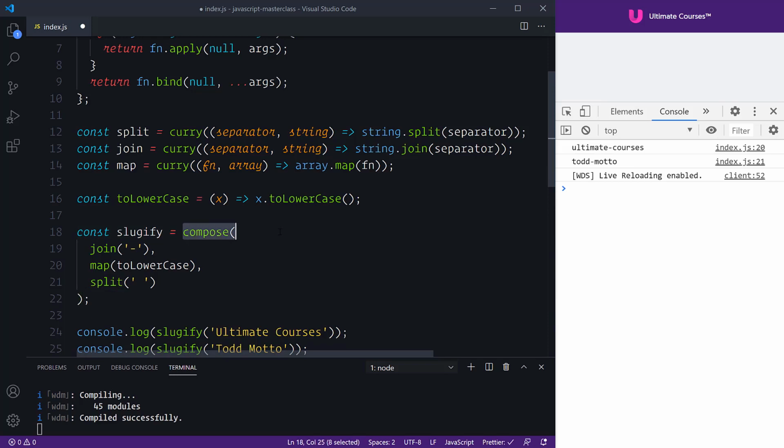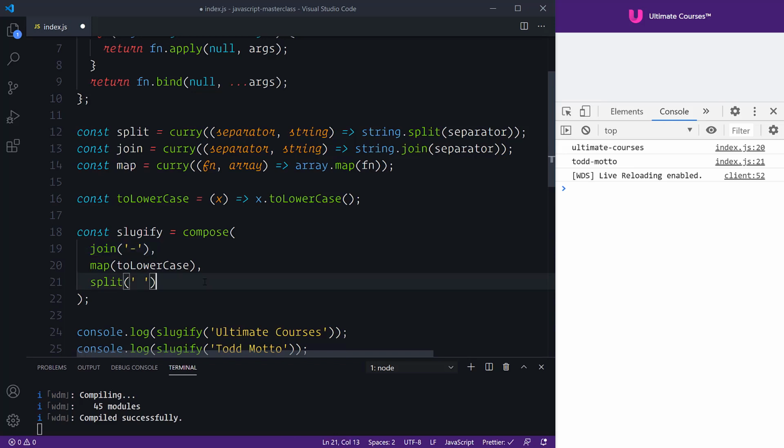Now, a compose function does exactly that. A pipe function does exactly the opposite. Apart from that, there's not really any difference between the two. One calls right to left and the other calls left to right. So what does right to left look like? Right to left looks like this, where we have the furthest to the right, then the middle, and then the